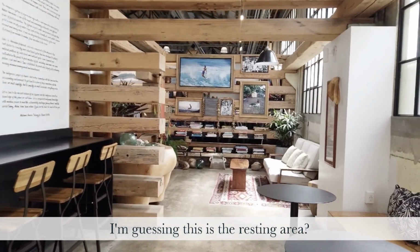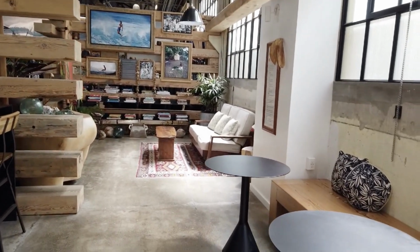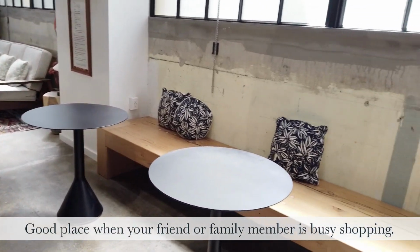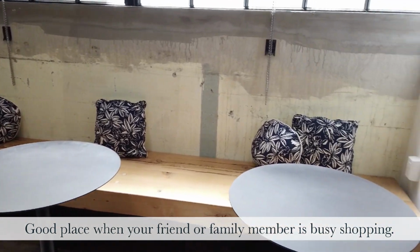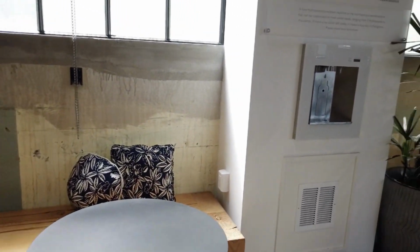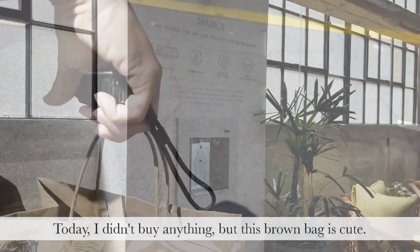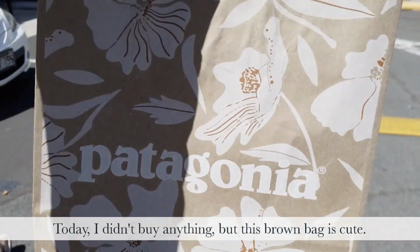I'm guessing this is a resting area. これは休憩する場所なのかなと思います。Good place when your friend or family member is busy shopping. 友達とか家族がここで買い物しているときにちょっと休憩したいなっていうのにいい場所です。Today I didn't buy anything, but this brown bag is cute. 今日私は何も買わなかったんですけど、紙袋すごく可愛いと思います。